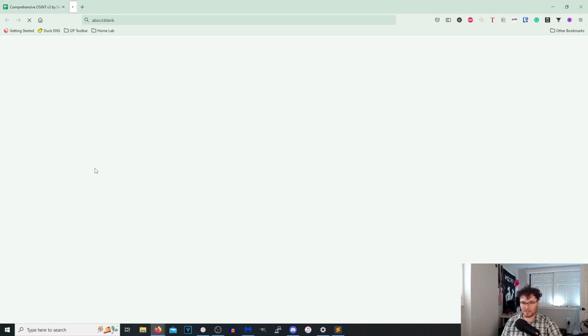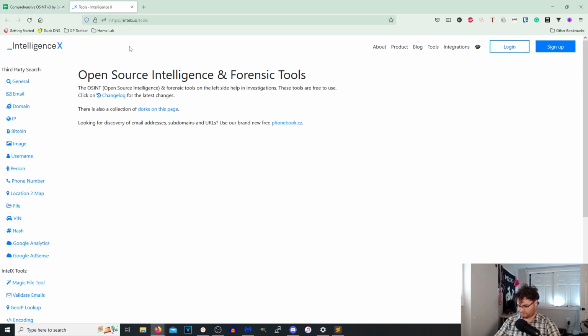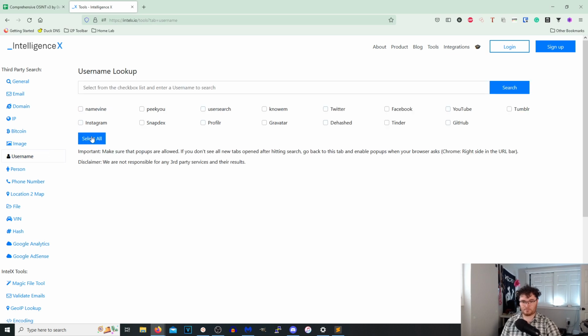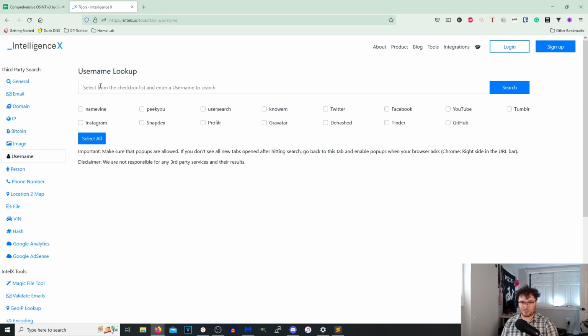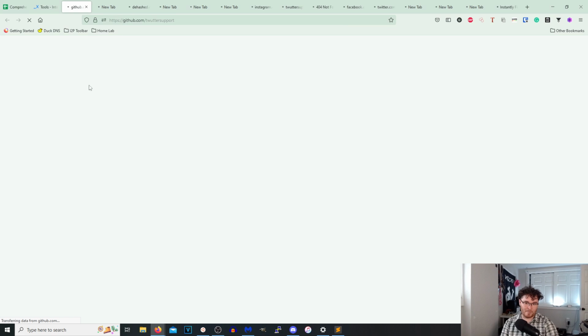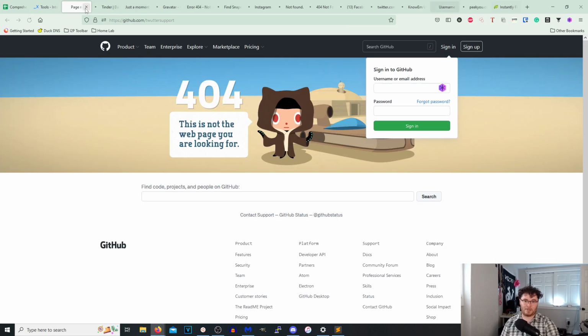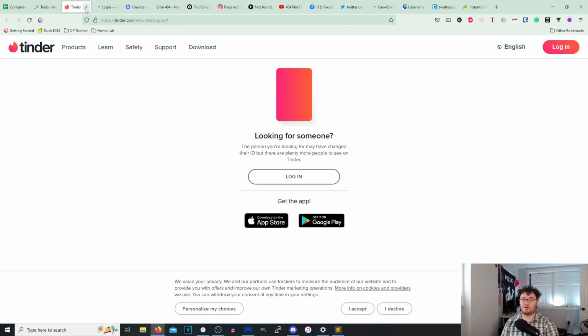Okay, moving on to IntelX. So IntelX is another amazing tool set. If we go to IP, it'll search the IP address on all of these different tools, and it's just like an API aggregator. That's kind of how Maltego works. So if we go to username and type in Twitter support, select all, hit search, you might have a pop-up warning up here, but basically it just opens up Twitter support on all these different